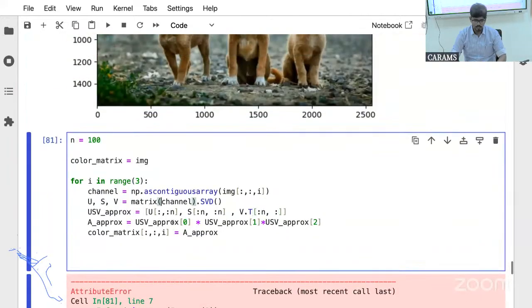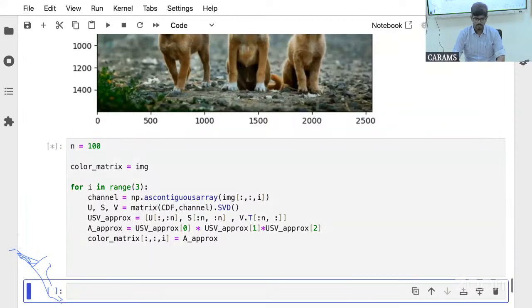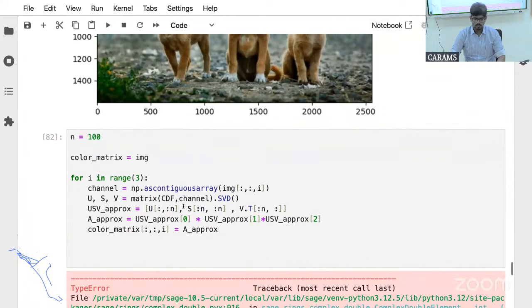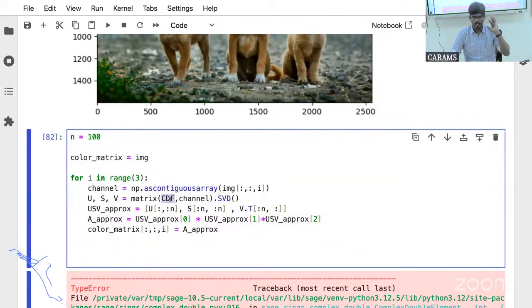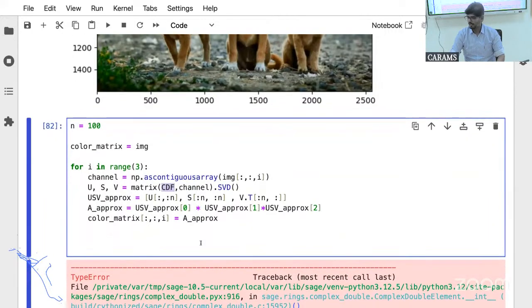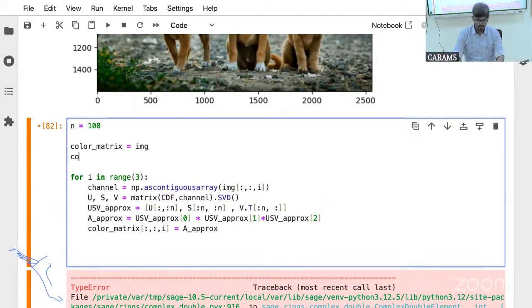So probably what I should do is I should do CDF and then channel. Okay, I understood what's the problem now. Yeah, actually it's given me the idea. What I should do is I should actually normalize that image into 0 to 1. Remember I said instead of 0 and 255, I should normalize that image. I believe I can directly do it by